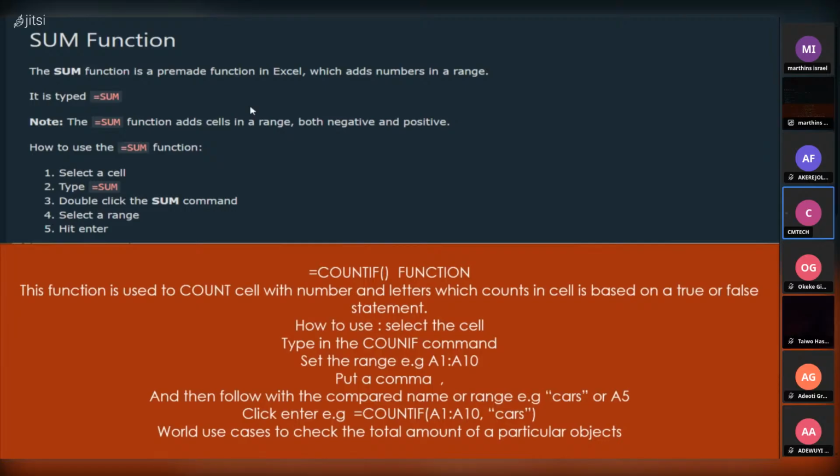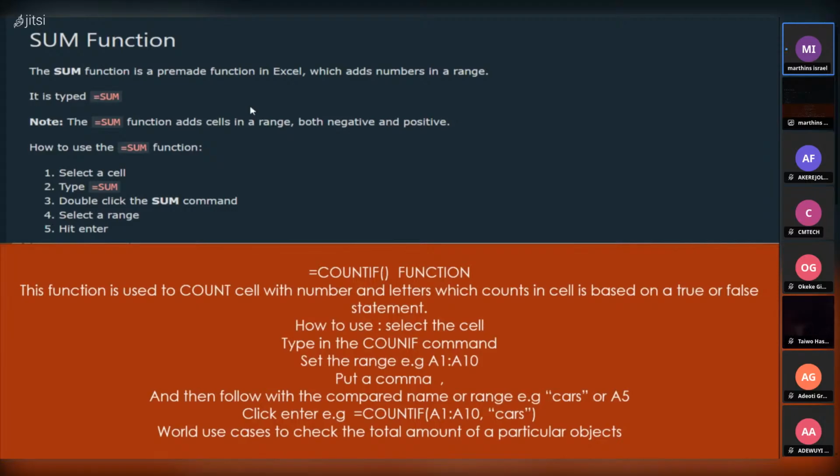So you continue. The sum function, like we talked about if you were in the other class, when we did the total number of these, the total price of something. Instead of you doing your plus, minus, or division, this sum function enables you to